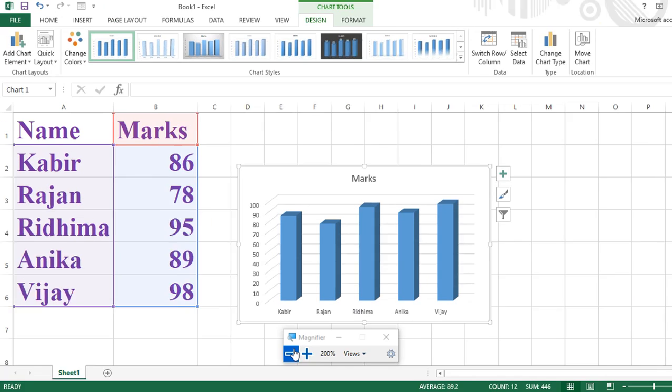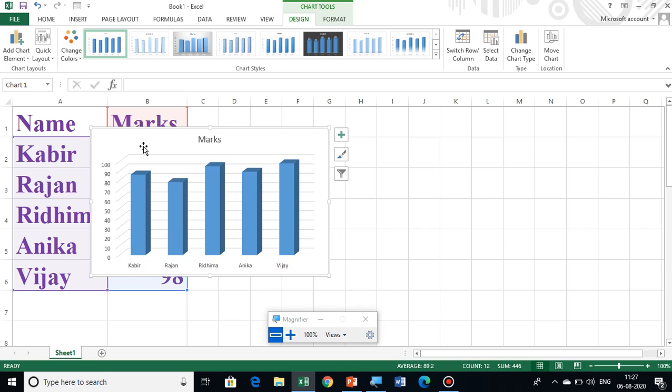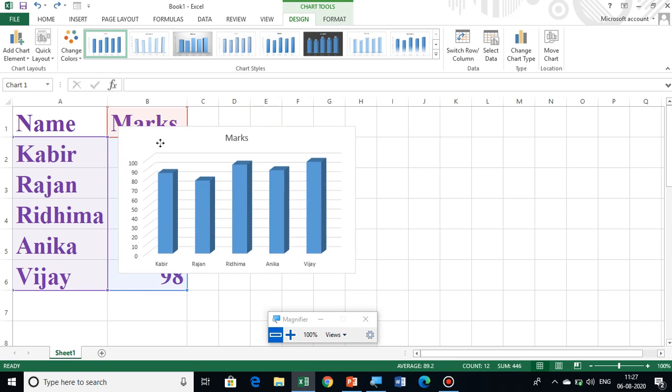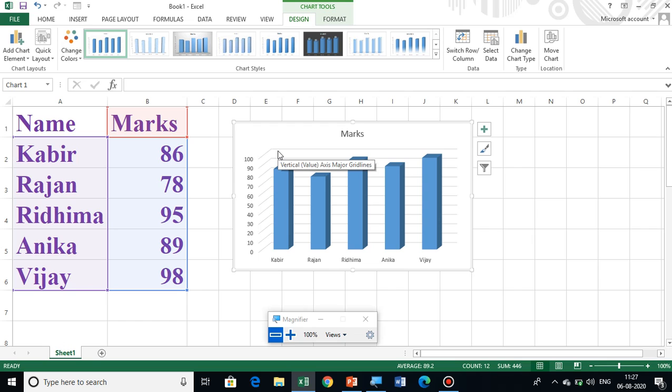Suppose that your chart comes over the table like this, directly on the table only, so you have to click on this blank area, press the left mouse button, hold it down and move this way. Got it everyone? So this way we can move the chart from one place to another place. Understood?